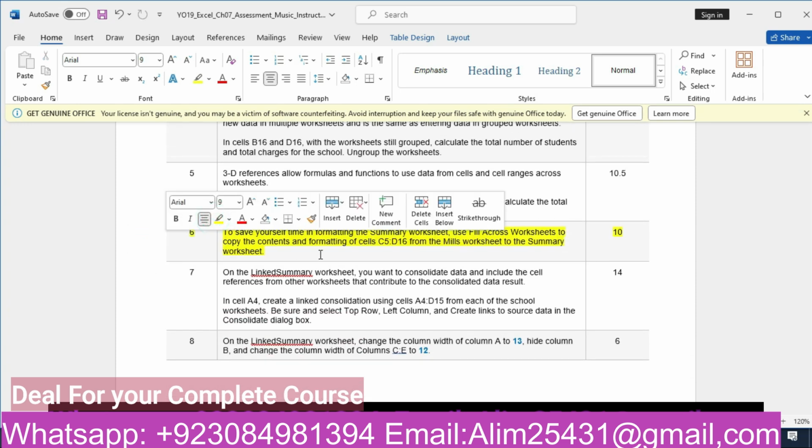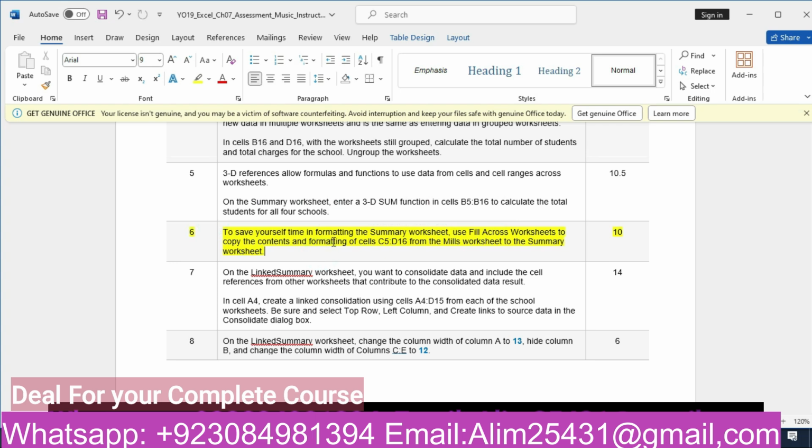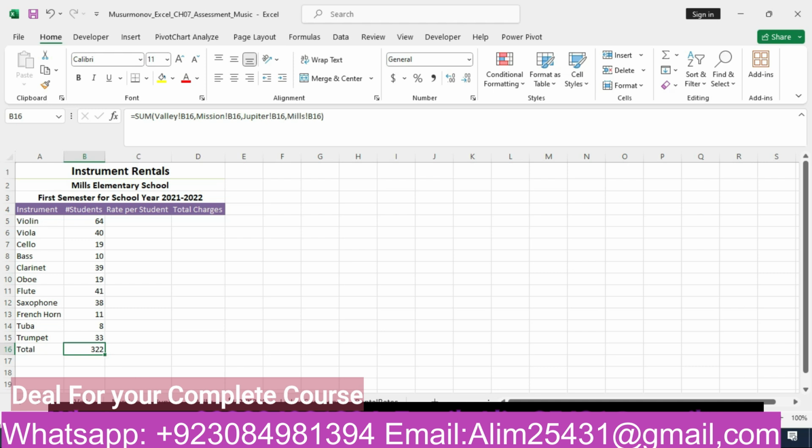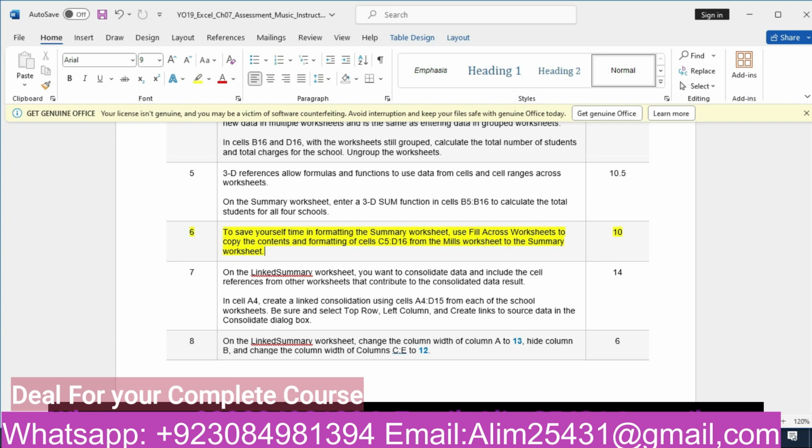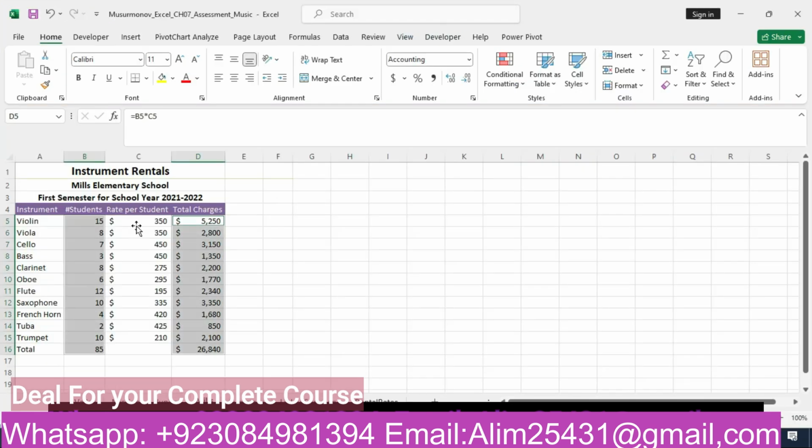Our sixth step is to save your time in formatting the summary worksheet. Use fill across the worksheet to copy the content and formatting from C5 to D16 from the Mills worksheet to the summary worksheet. So we will go to the Mills worksheet. We will just copy C5 to D16, Control C,